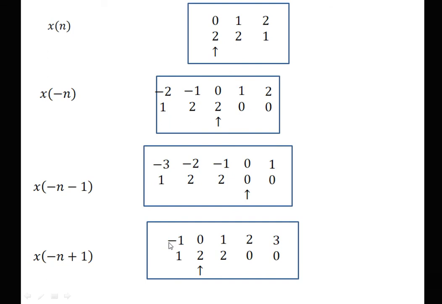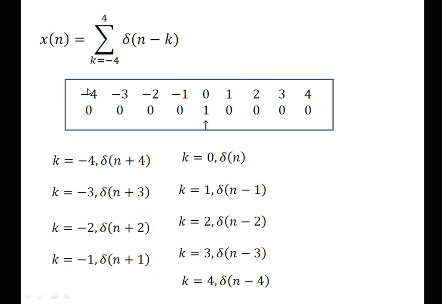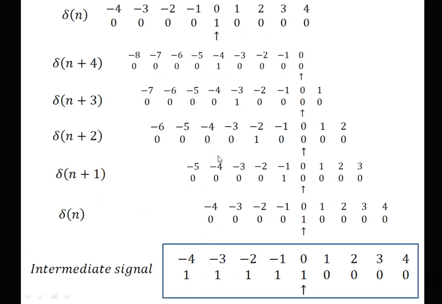Now this is nothing but the summation. It is not possible on the screen to add all the signals, so that's why it is represented as an intermediate signal. When we add all the signals, at the particular location -4, only one is 1 and all remaining values are 0. So 1 plus 0 plus 0 plus 0, we are getting 1. In this way we are adding at each particular location. So here we are getting the answer 1 1 1 1. The rest of the answer is 0 because we have calculated only 50% of the answer.